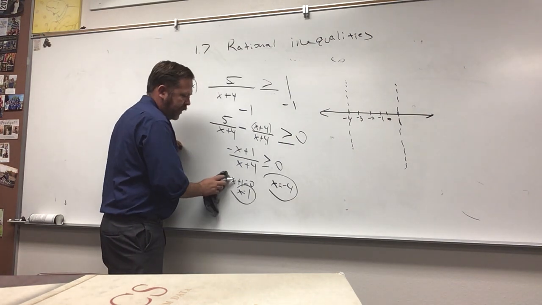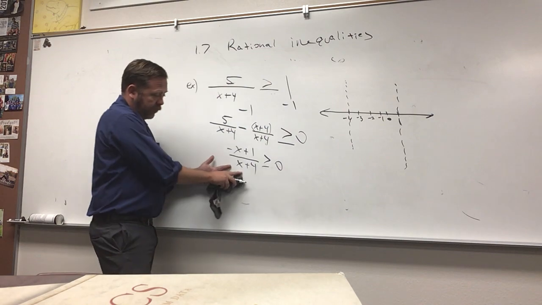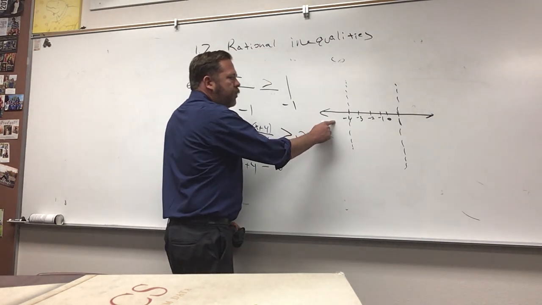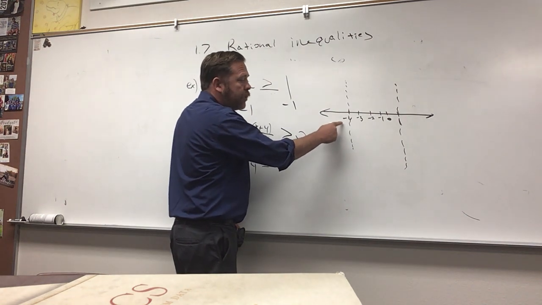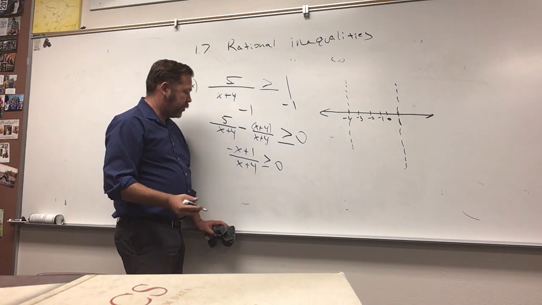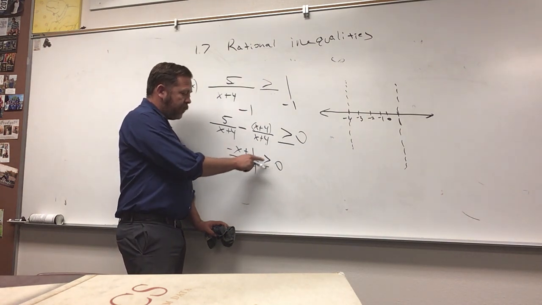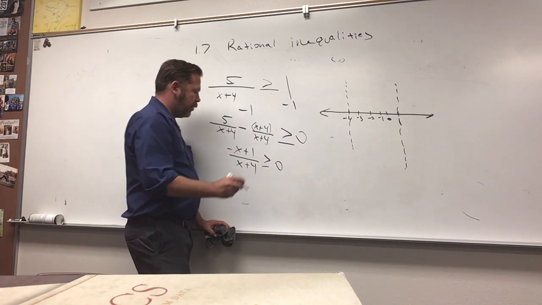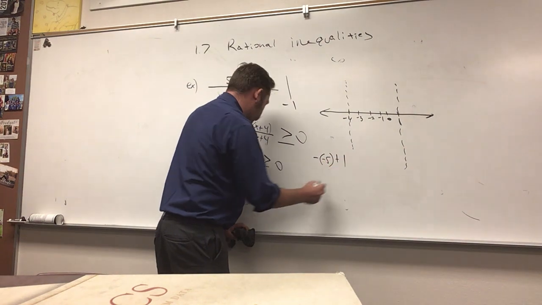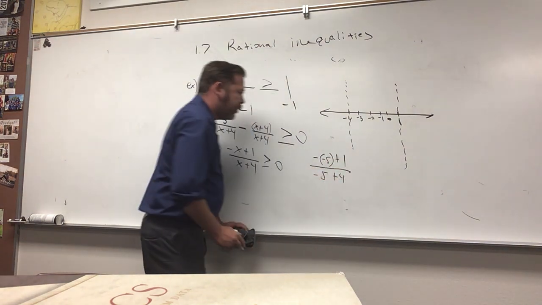I'm gonna clear a little space here. We're gonna use the most simplified version of an inequality, which I believe is this right here. And what's a good number to use? I mean, you can use anything you want to the left of -4. I think -5 is a good number to use. So I'm gonna replace the x's with -5 and see if it turns out to be greater than or equal to 0, then it would be true. So I would have -5 plus 1 over -5 plus 4,